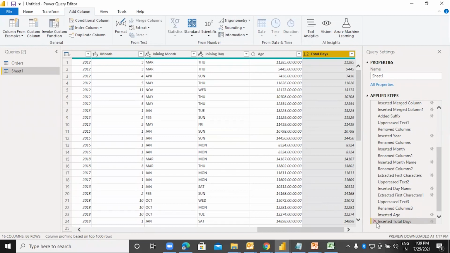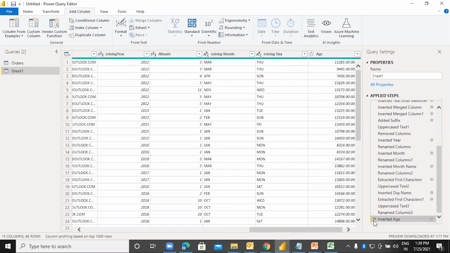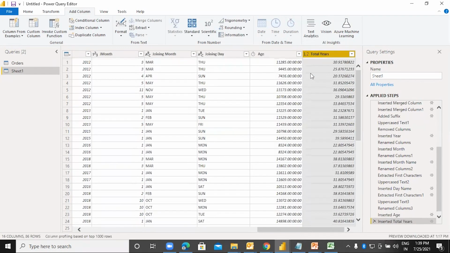Oh, let me delete. I don't want the days. I will delete the step. And here I want the total years, which makes more sense to me.